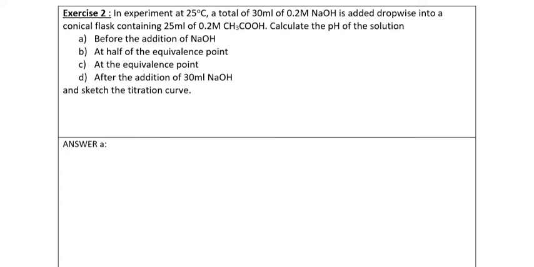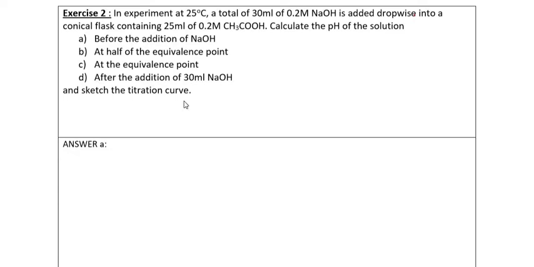Based on this question, in an experiment at 25 degrees, a total of 30 mL of 0.2 molar NaOH is added dropwise into a conical flask containing 25 mL of 0.2 molar acetic acid. Calculate the pH of the solution before addition, at half equivalent, at equivalent, and after addition of 30 mL, then